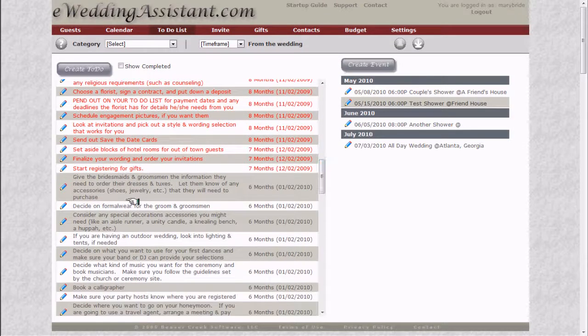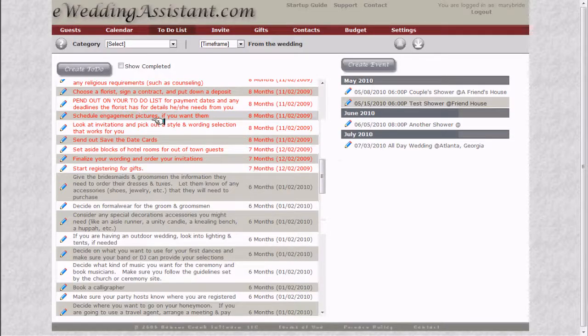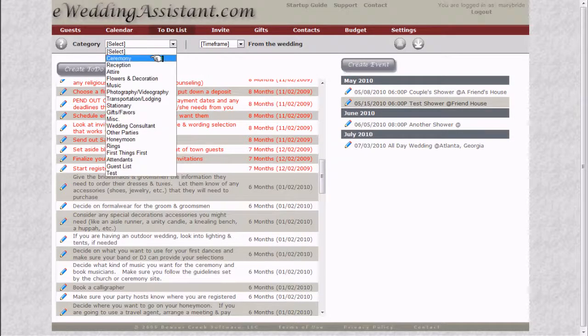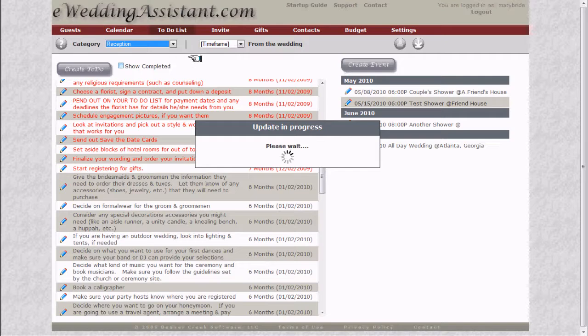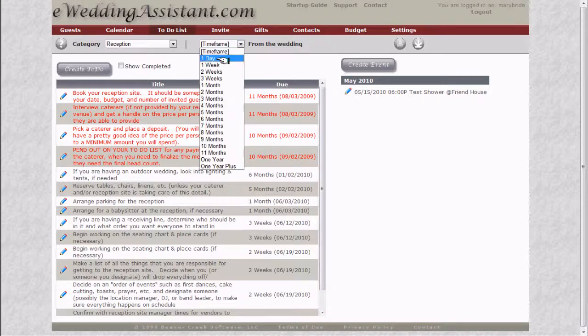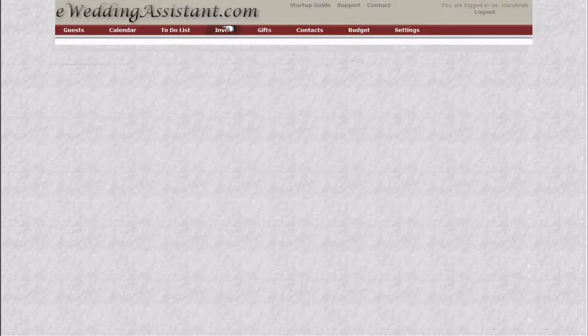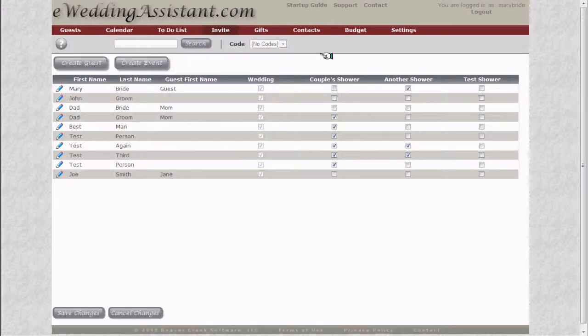You can change your time frame, mark it as completed, or just delete it if you want. You can come up here to the top and sort on category, or as you can see, here's our shower, and/or time frame based on how far out from the wedding you want to see your events. So let's come over here to the invite page where I can show you how to quickly invite people to